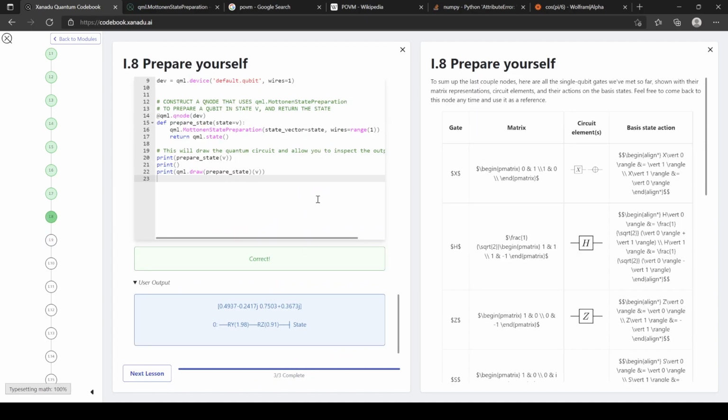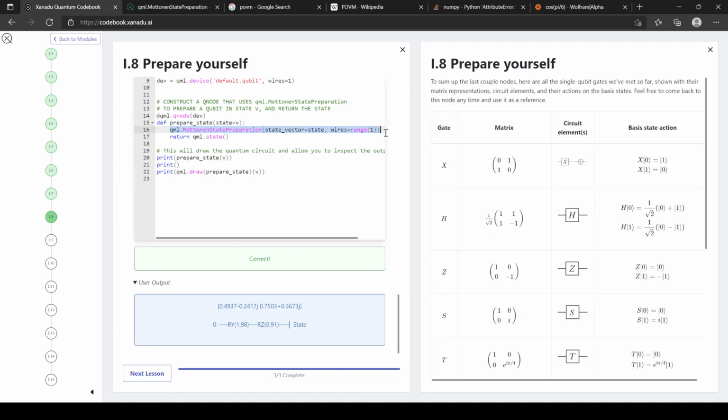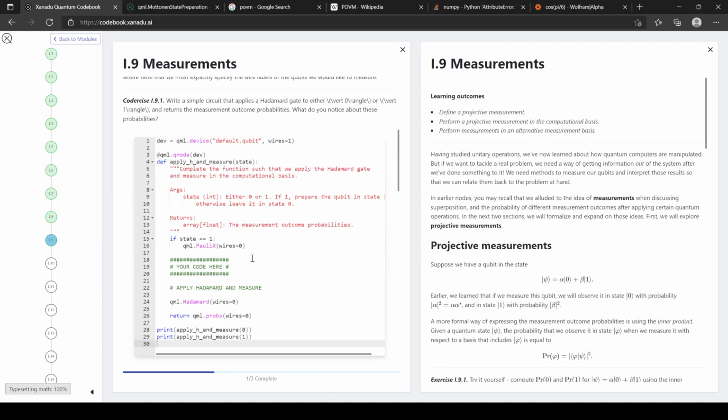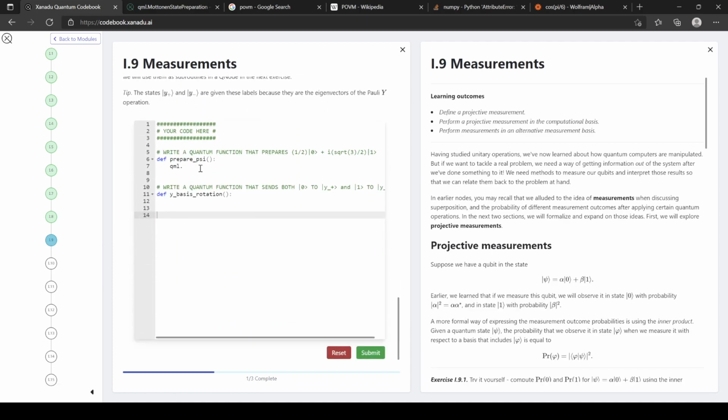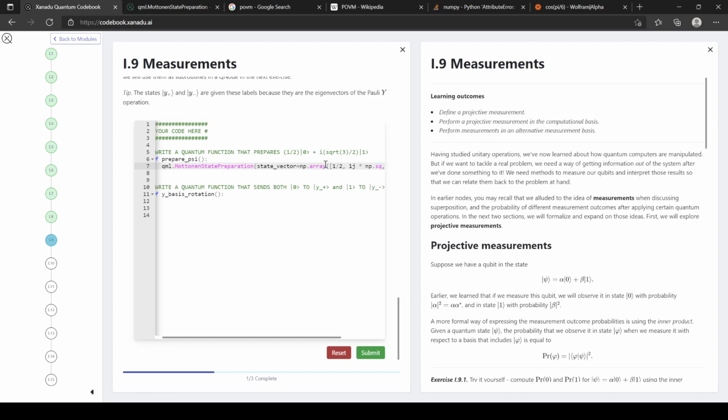I was going to say we could do it with these matrices, but we can also just use our little cheating technique to prepare the state in this. All right, here we go. Now we have